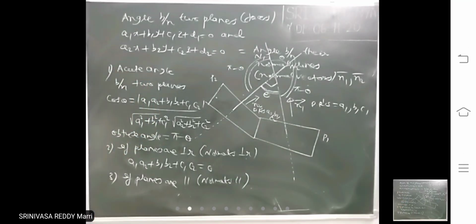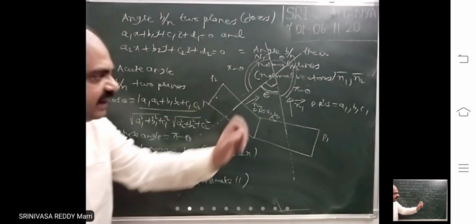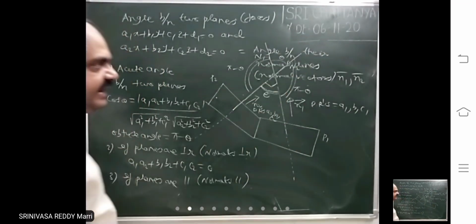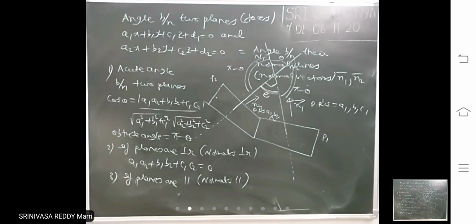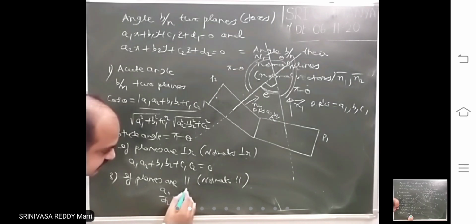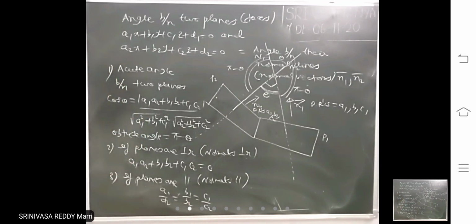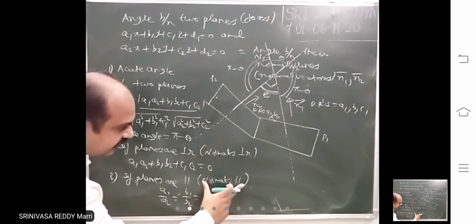Normals parallel. Two lines parallel means what? This line has DRs A1, B1, C1. This line has DRs A2, B2, C2. So those lines are parallel means what is the condition? Parallel condition: A1/A2 = B1/B2 = C1/C2. Normal lines parallel. That means